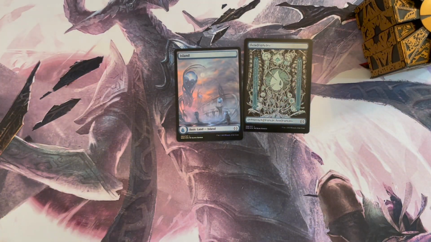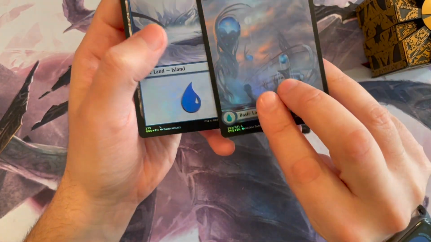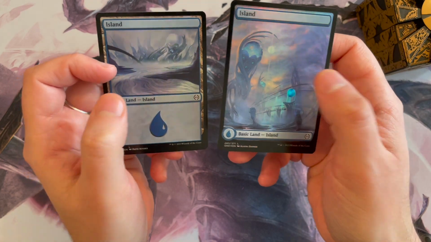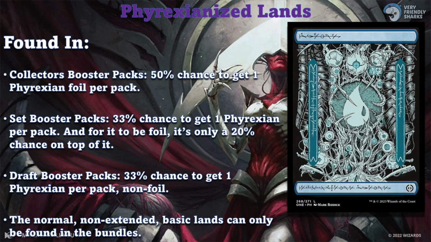And then you also find the normal Island version of a card, which realistically is kind of the same theme of the art, just the normal one, not full. Now, these two you can find in basically draft boosters, set boosters, and collector boosters. Funny enough, they can be found at a 50% chance in the collector boosters to either get the Phyrexianized or the normal Island, and